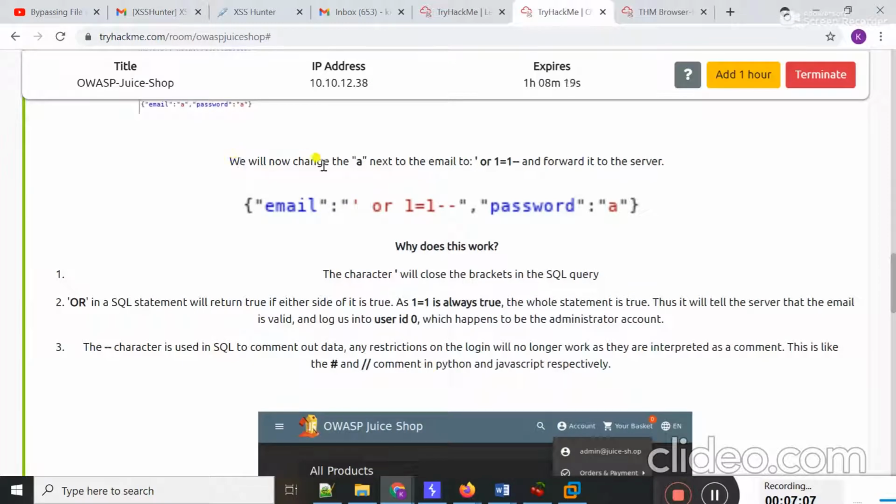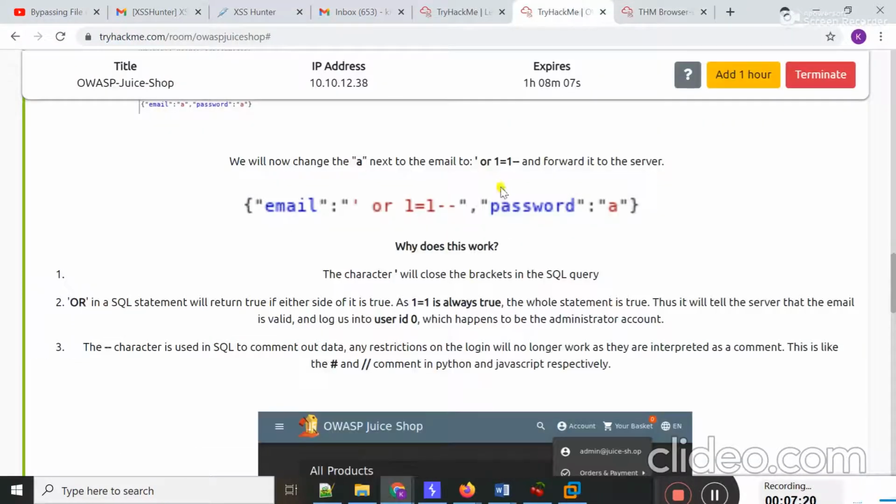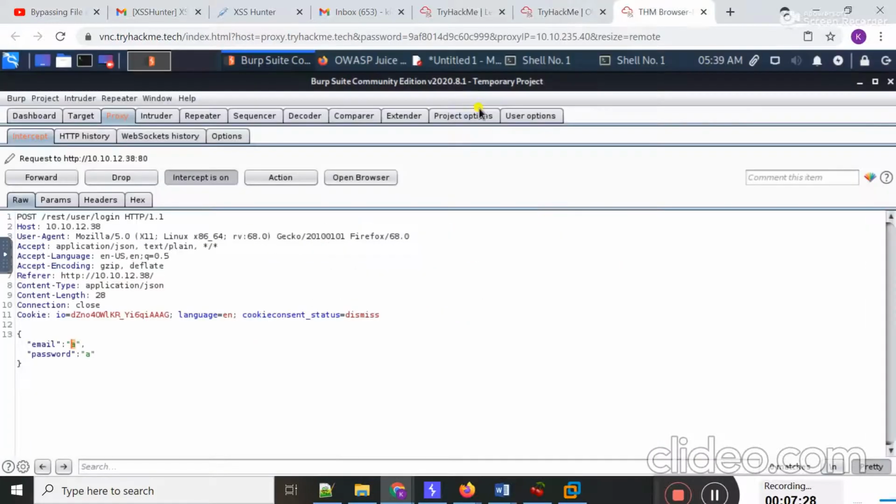We will now change the A next to the email. Students, I am going to use this payload. As you know, A is not a valid email. Now I am going to use this payload with A and forward it to the server. I am going to copy it and paste it here.